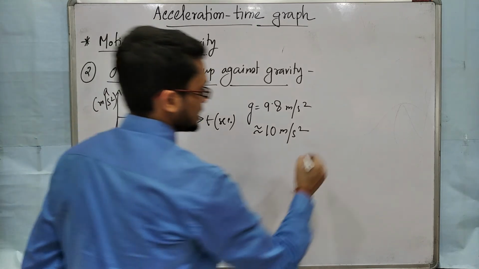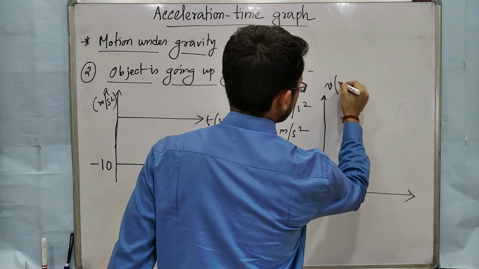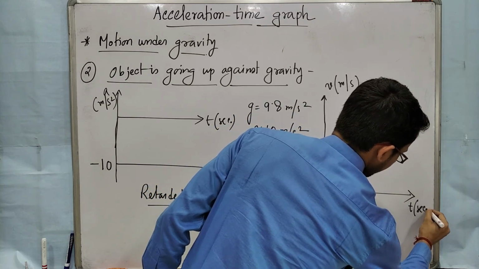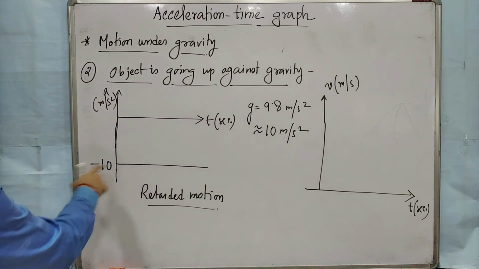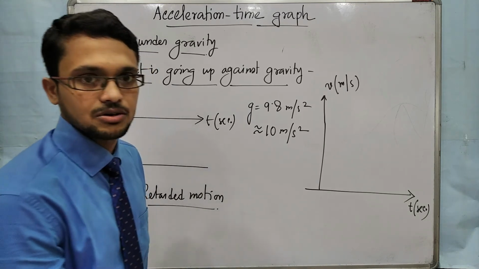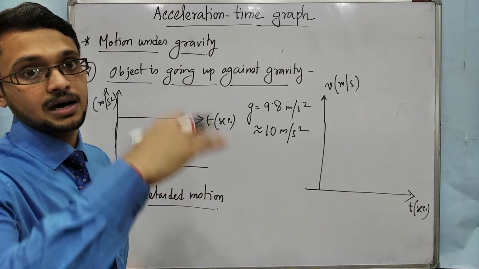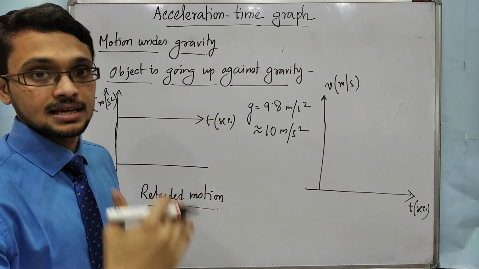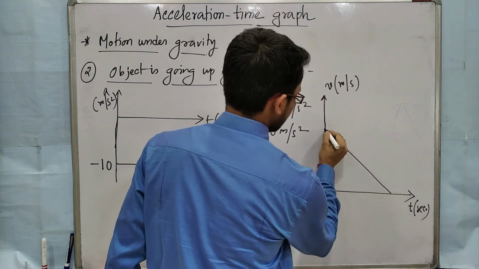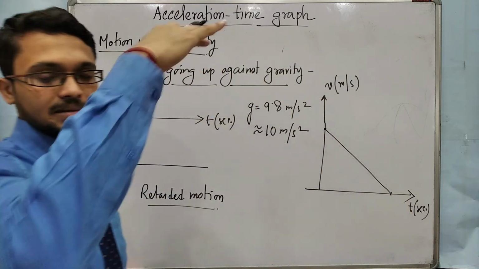Okay. Now velocity time curve. Suppose this is velocity meter per second, and this is time second. Again constant retardation, minus 10, constant retardation. Constant retardation means initially when you throw some object, that means initially it has some velocity. As it goes up, as time goes on, its velocity is decreasing. Initially it has some velocity, and at some time its velocity becomes 0. That means at the maximum height.